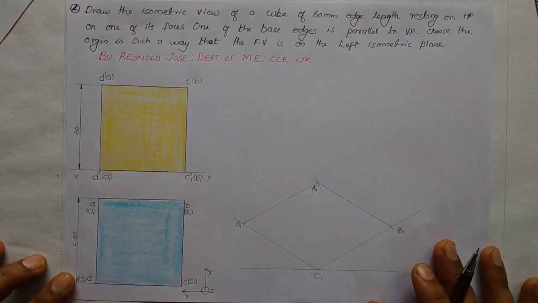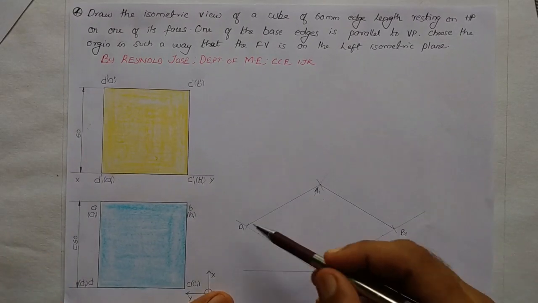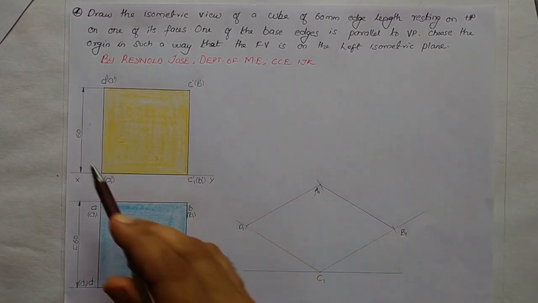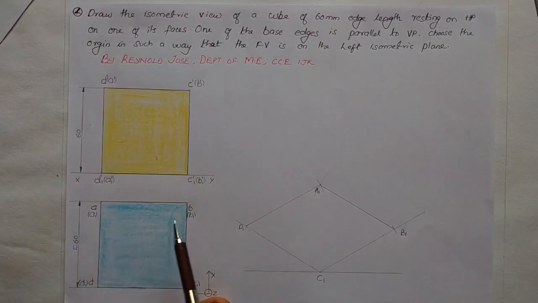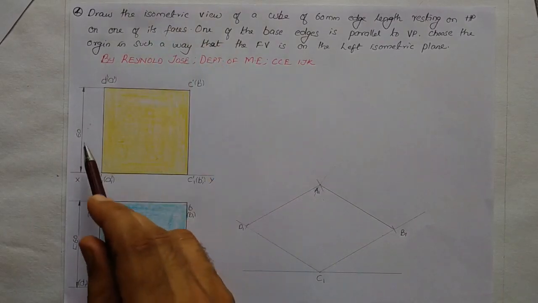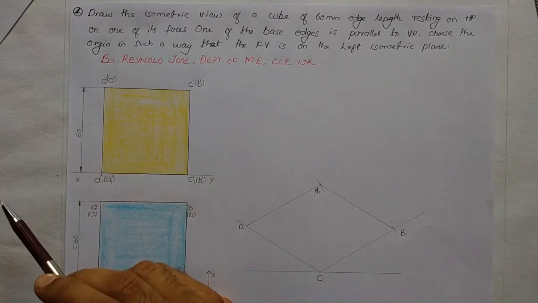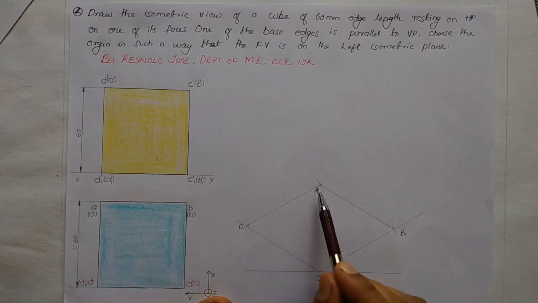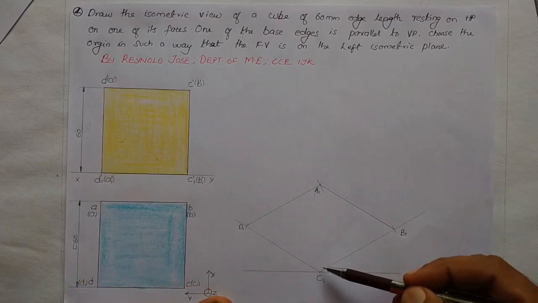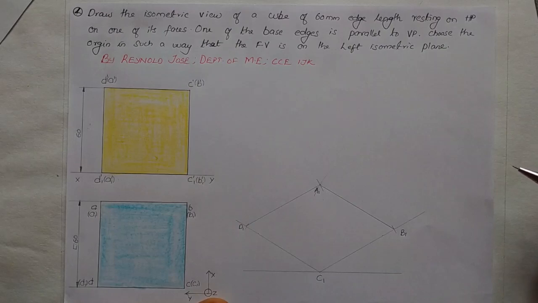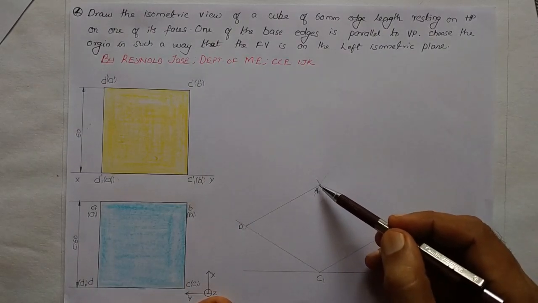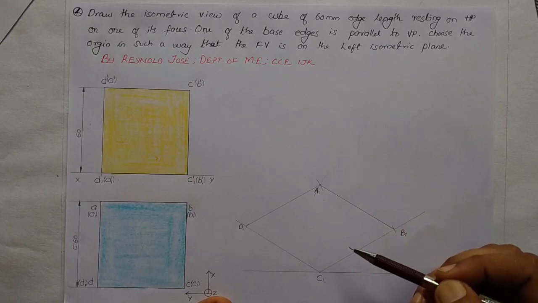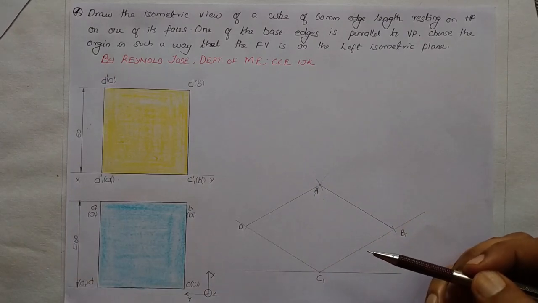Now the base plane is almost over. Now we shall take vertical heights of 60 mm each. So we shall draw the lateral edges, which are A1, B1, C1 and D1. As this is isometric view, we have to take 60 mm itself. We don't have any length reduction. So from each of these 4 points, I shall take vertical heights of 60 mm each. So when I take it from this point C1, it will be coinciding with A1, and we have to draw it as thin lines.